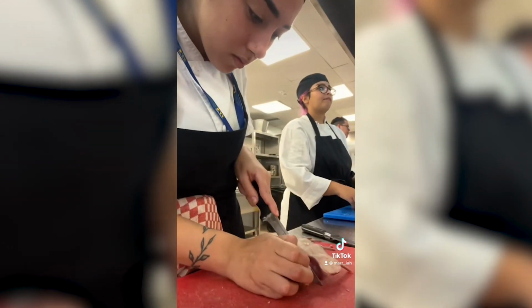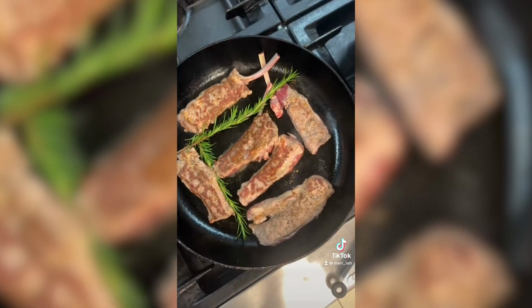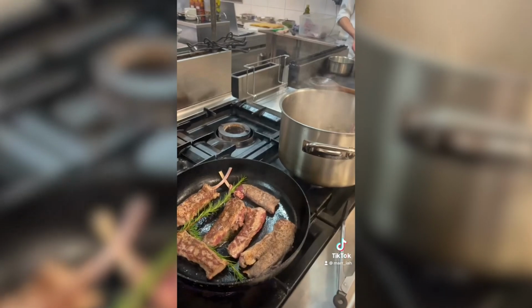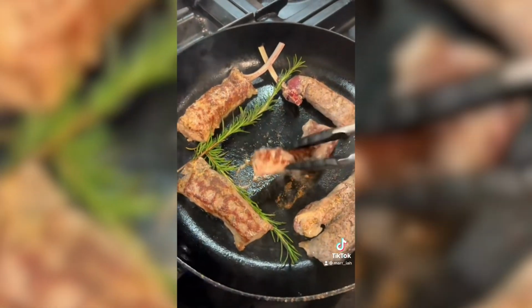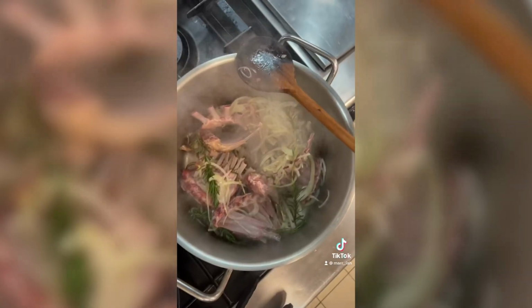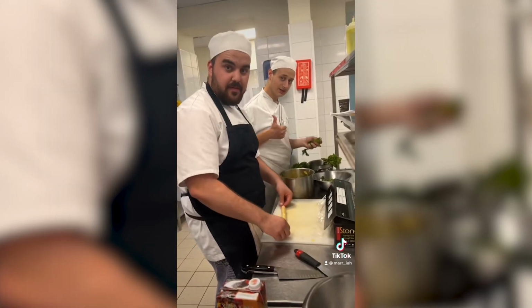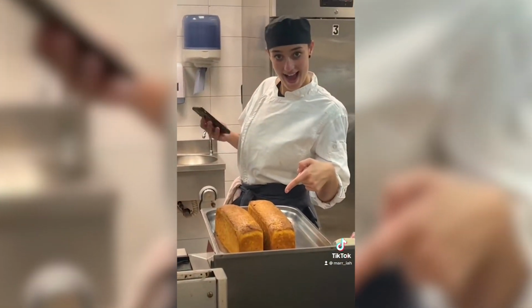And then I pan-seared the lamb, just cooked on the outside to give it a nice golden brown sear, along with some rosemary, and then I set that aside. Using the trimmings of the lamb itself, we made a red wine infused jus to be served alongside with the lamb itself. Here is our head chef for the week, Craig, alongside Luigi, preparing the polenta cakes, and there's Laura,